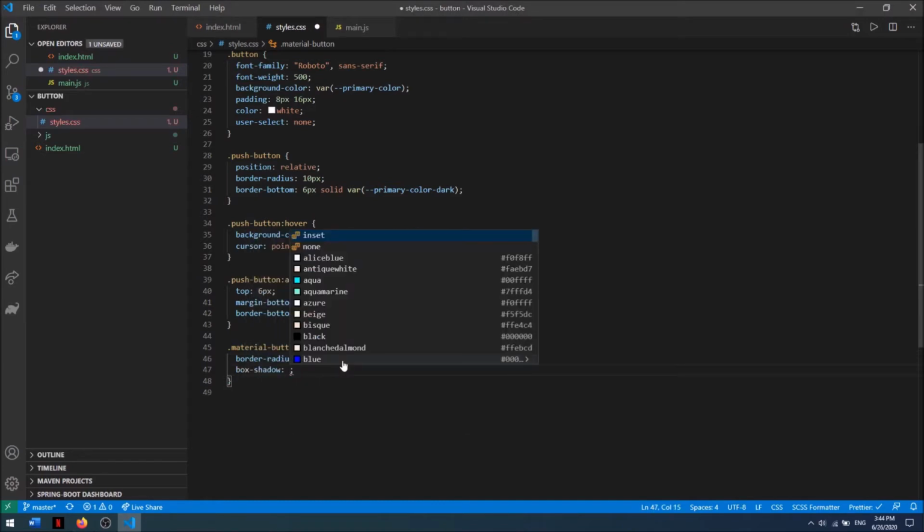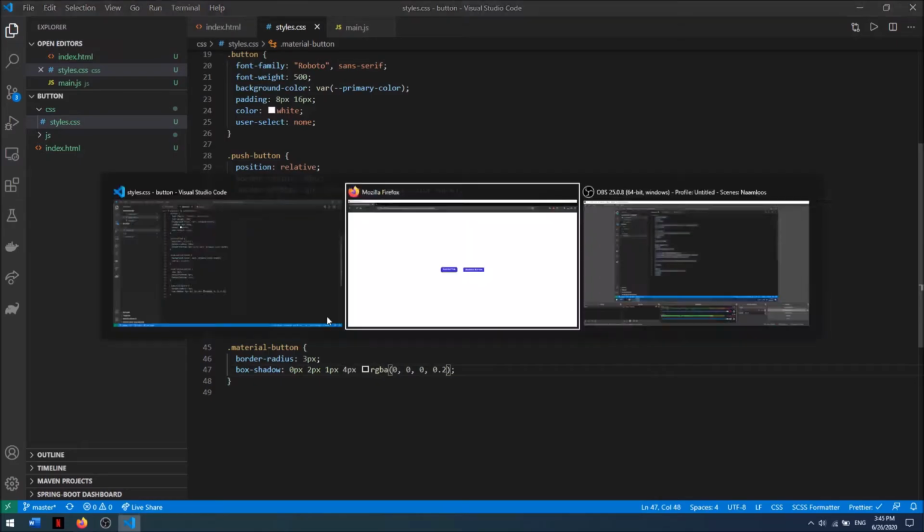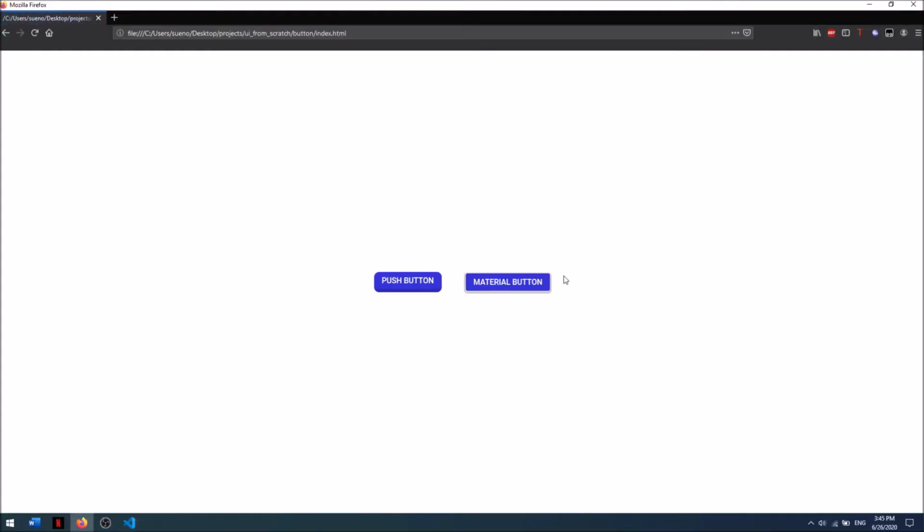and then we have to say the offset from the left, which is 0 pixels. Offset from the top, we will give it 2 pixels. And then we want to give the blurriness, which will be 1 pixel. And then we want the size of the shadow, which will be, I think, 4 pixels. And the color, which will be 0, 0, 0, 0.2. And if we refresh the page, we will see a little shadow over it, but it is not exactly what